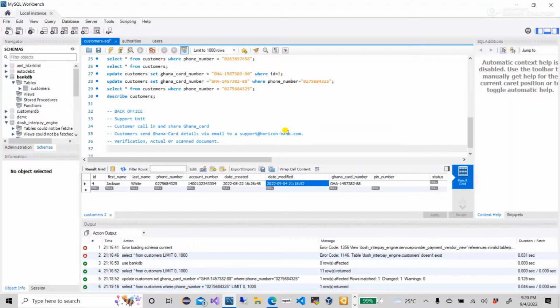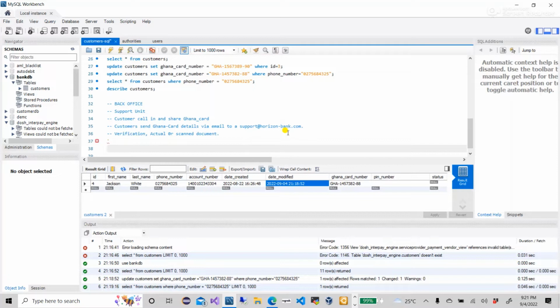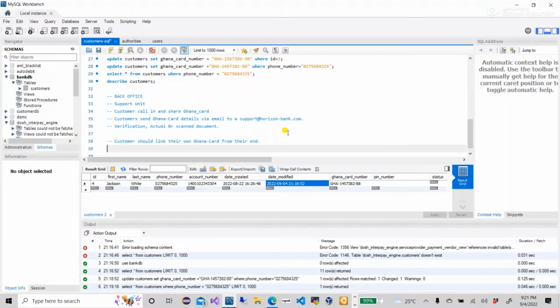but I'm just giving some way of doing this without human beings being involved. That's back office, the bank still being involved, but this time around we want the customers themselves to do their own linking. So customers should link their own Ghana card from their end, and then the technology, or the solution, is the USSD,